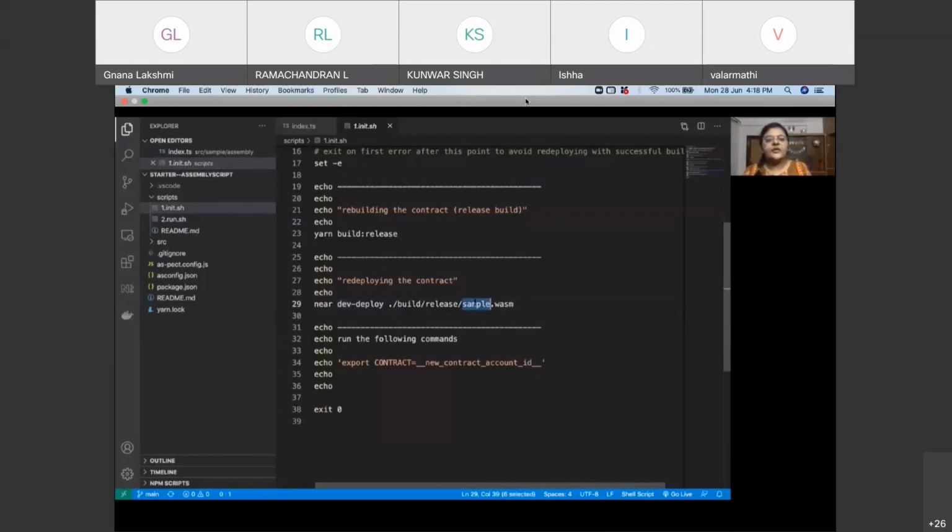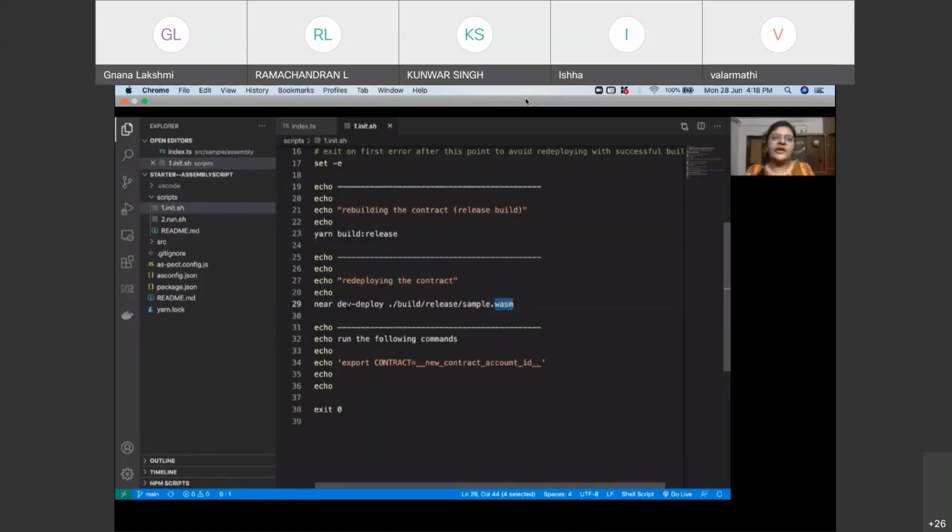So our contract will be built as sample.wasm, the wasm file from AssemblyScript. And then this will be deployed onto the NEAR blockchain. Not the mainnet, of course, the local net that we are working with using the CLI.